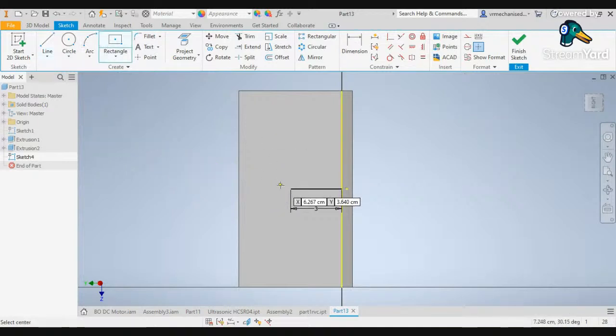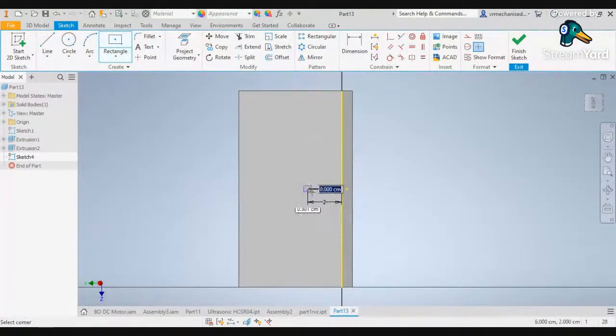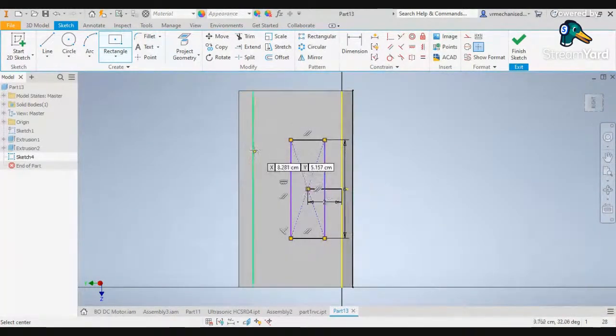So over here we'll be selecting a center point rectangle. Or else we'll do one thing, we'll take it as 2 centimeters. And as for the rectangle now, its length is around 6 centimeters and width is around 2 centimeters. So it's done. So as for the outlet now, over here we are going to actually